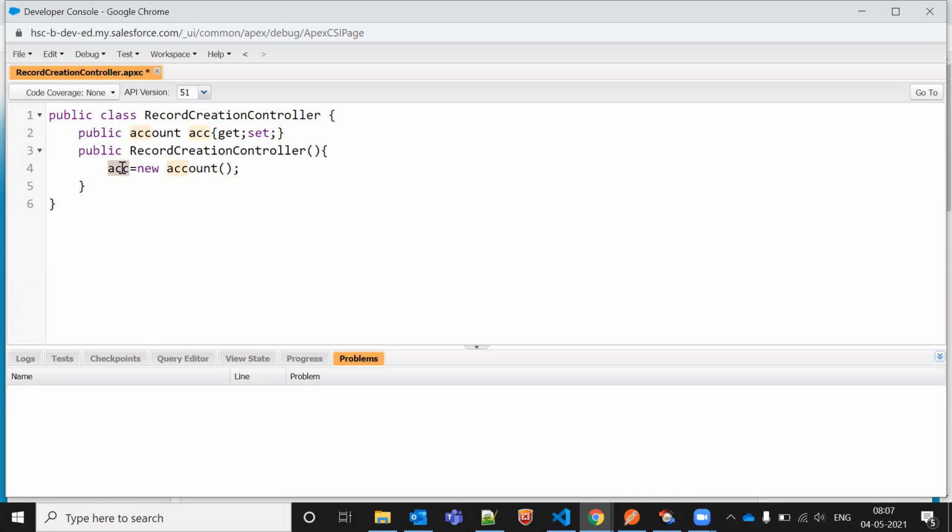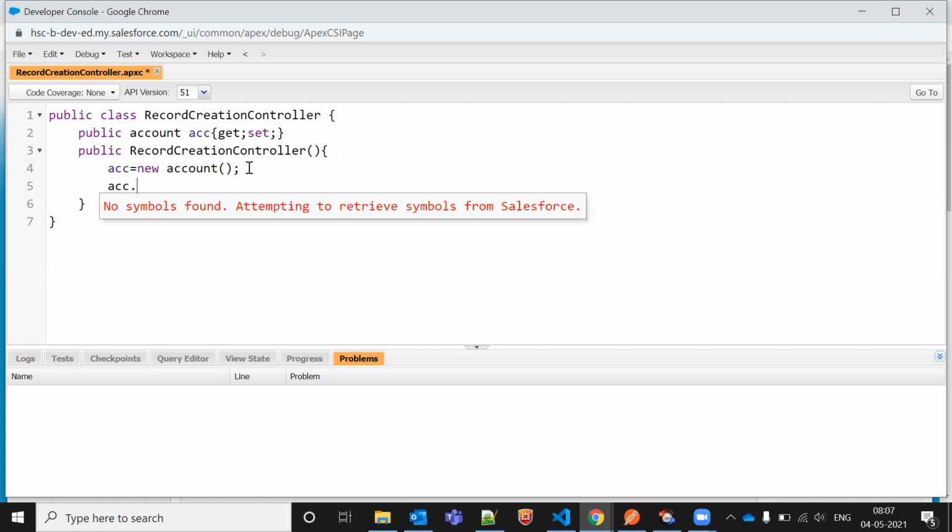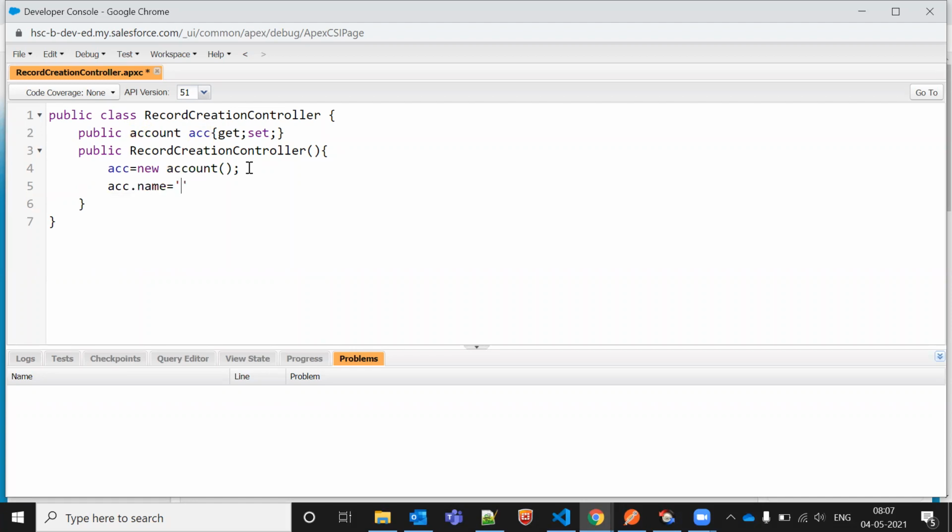If I want to do some hard coding, that's our choice, and as of now we are doing hard coding only. Let's say in the name, I'll say WebAssembly at Salesforce. So this is my record, this is my data, whatever value I give to my name.